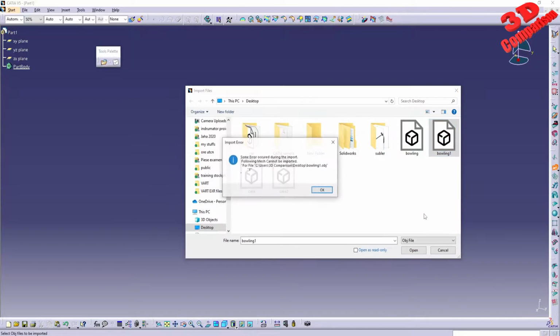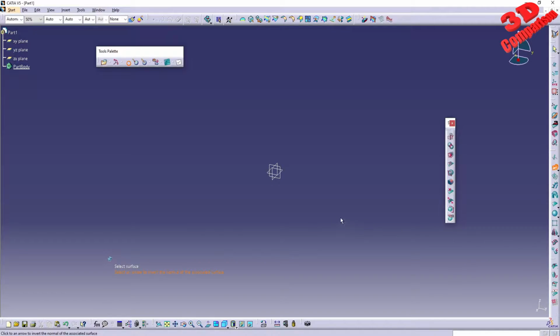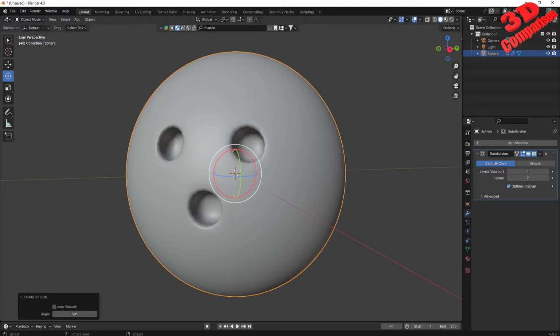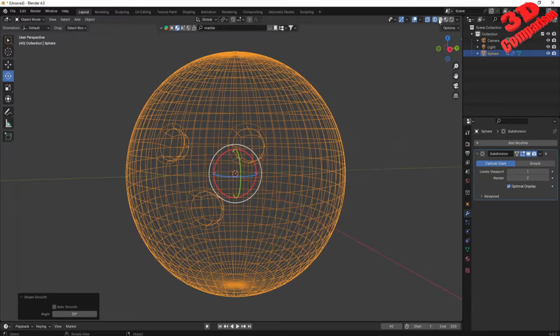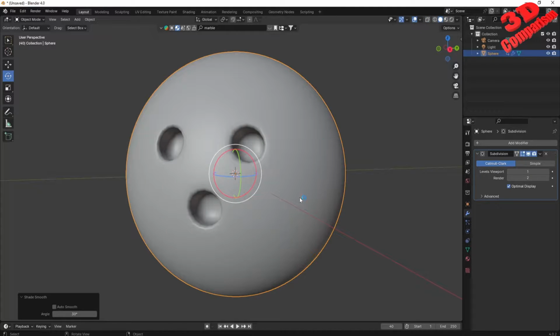I'm going to double click on that, and we're going to see that we have an error over here. So CATIA isn't able to import that, and this is one of the weaknesses of the Imagine and Shape workbench. If the meshes are quite complex, or they have a high amount of faces, CATIA will